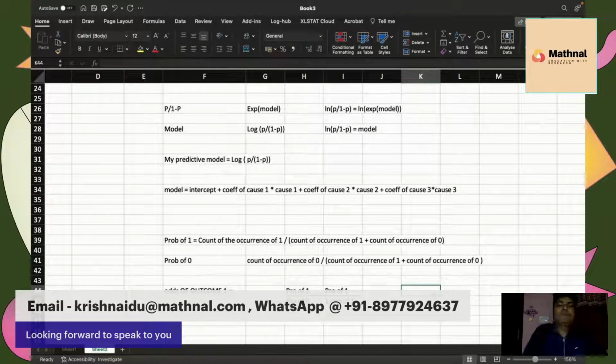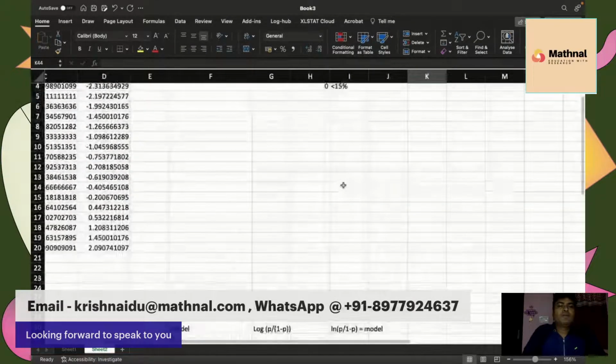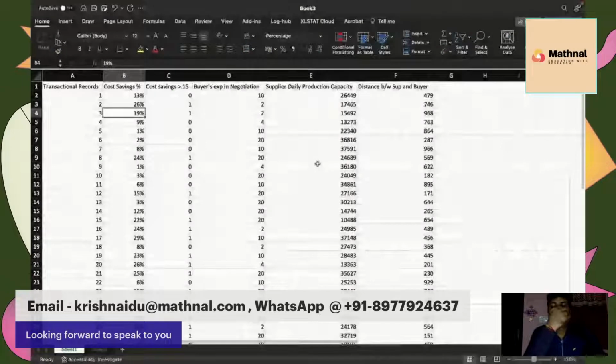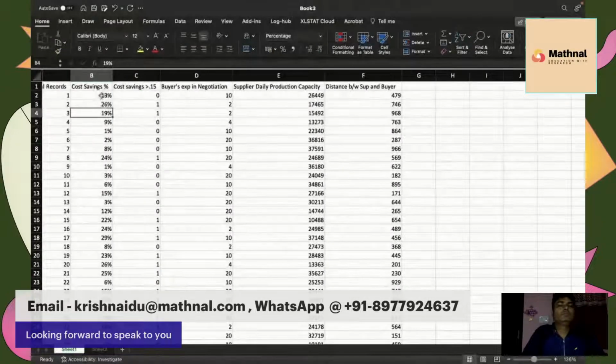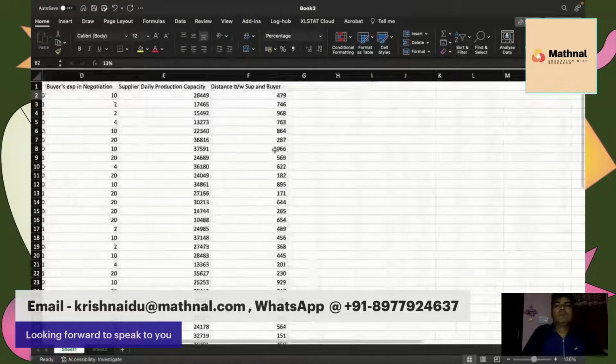So we are going to use this structure to build our logistic regression model. These are the important concepts which are being used to build the model. So let's first build our linear regression model. From linear regression, we come up to the